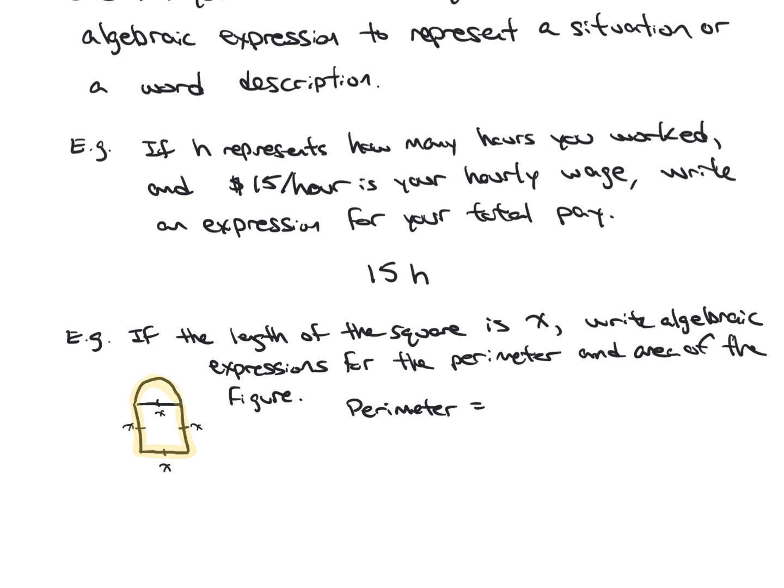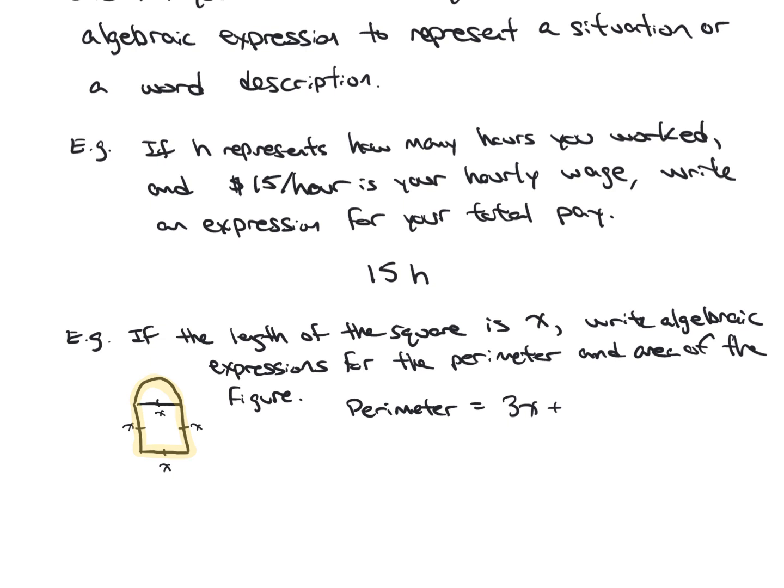Okay, so 3 sides of the square and the semicircle. So the 3 sides of the square, the perimeter would be x plus x plus x. That's written as 3x, 3 times x. But that's not the whole perimeter. We have to add the